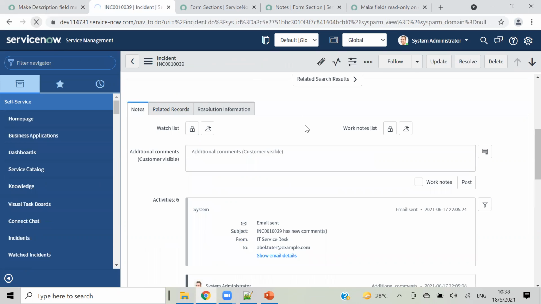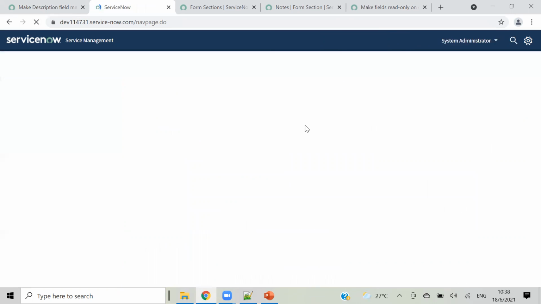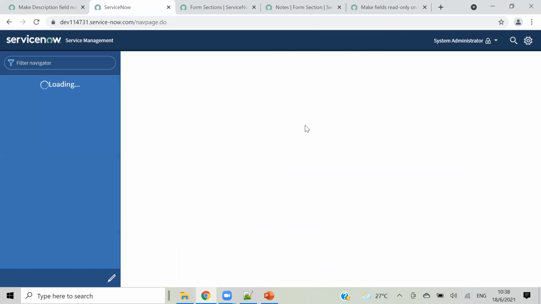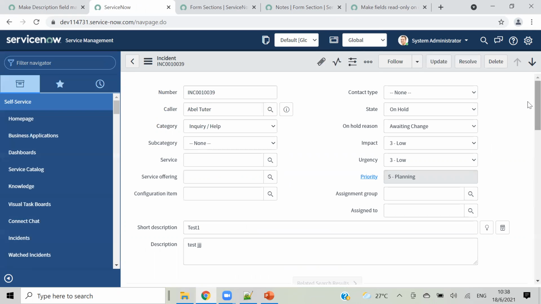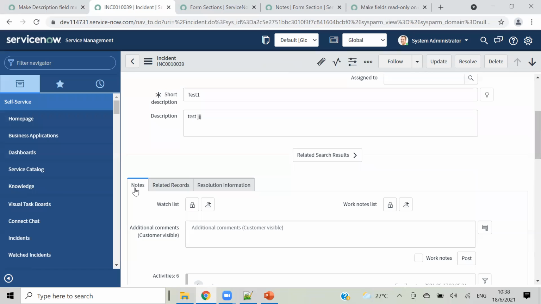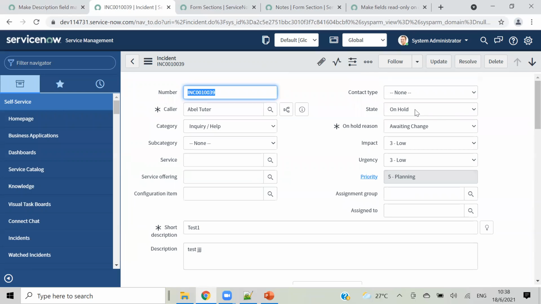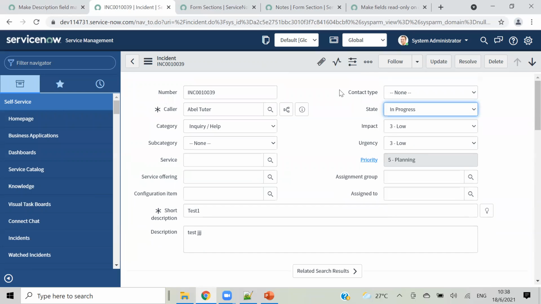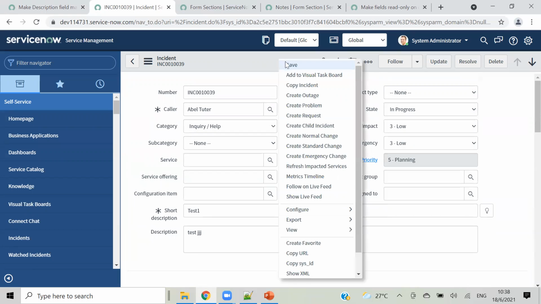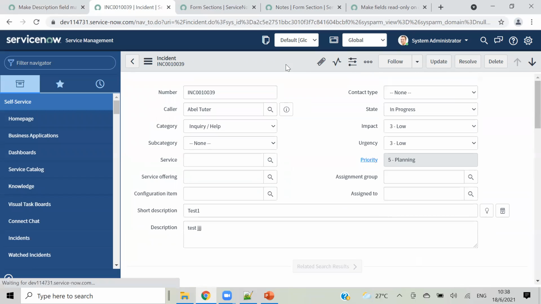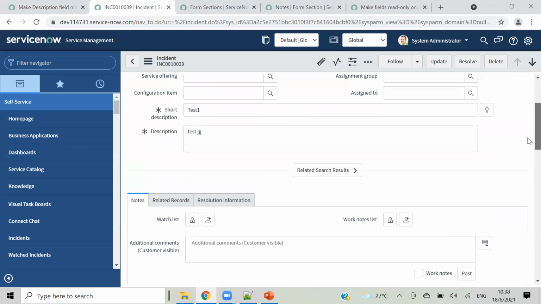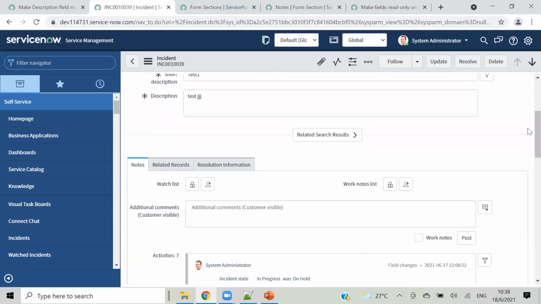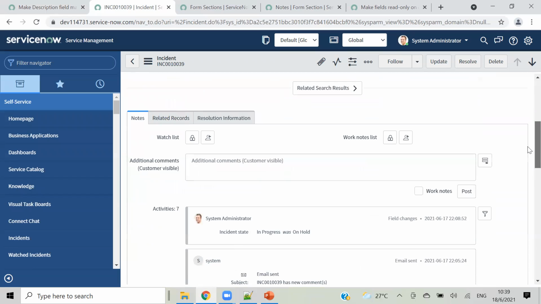Now reload your form. So let's see. Yeah, we have notes section here because state is not in progress. Now let's make this in progress and let's save. So first of all, this got mandatory, and let's see section. Okay, section is still visible.